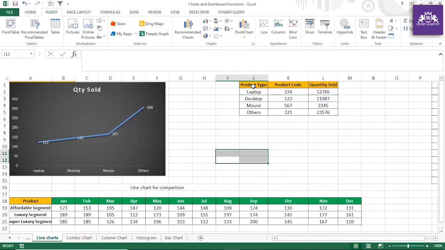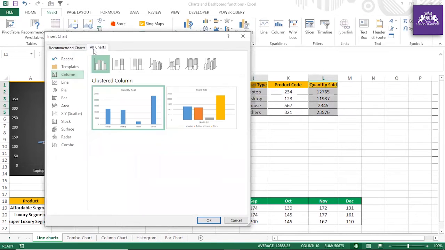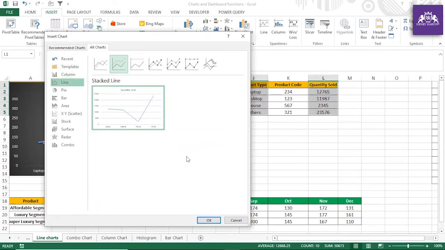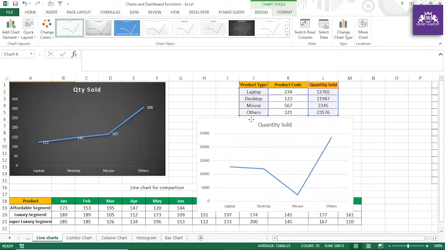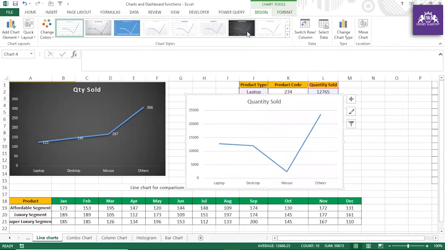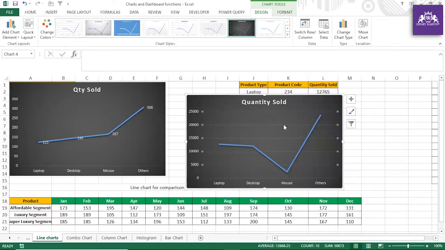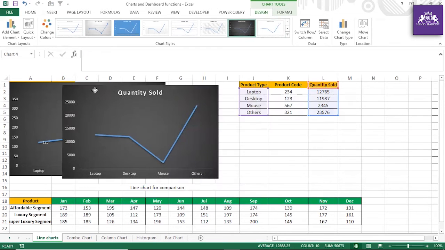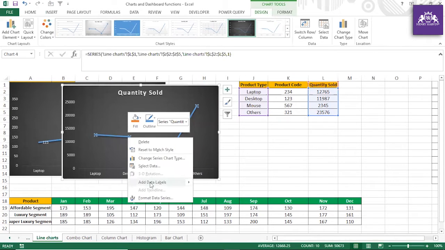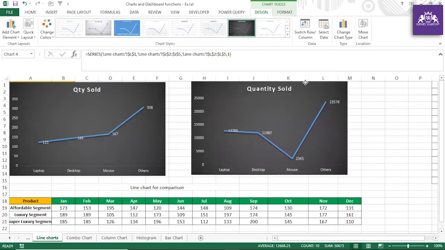Okay, in that case, what you can do, select these two things and recommended chart, which is actually better. And now if you see that, yeah, it looks better here. Go with that method because again it will ask you all the details. So now you see this chart looks really better. So laptop, desktop, mouse, and you can see quantity sold. This is the range in vertical, and this is again x-axis. This is called y-axis. So now if you click this, you can have add data labels. Everything comes. So it really looks nice.